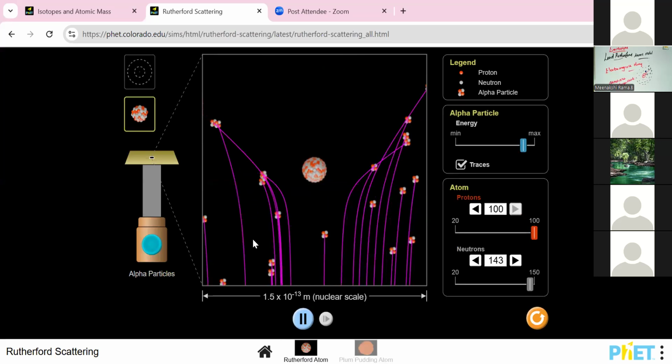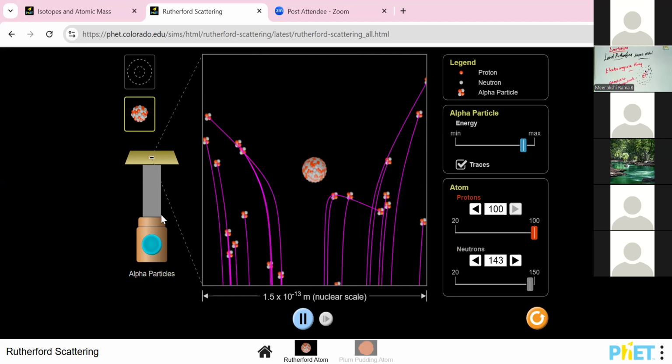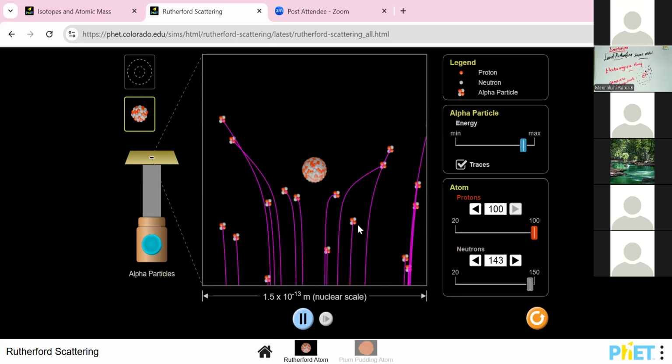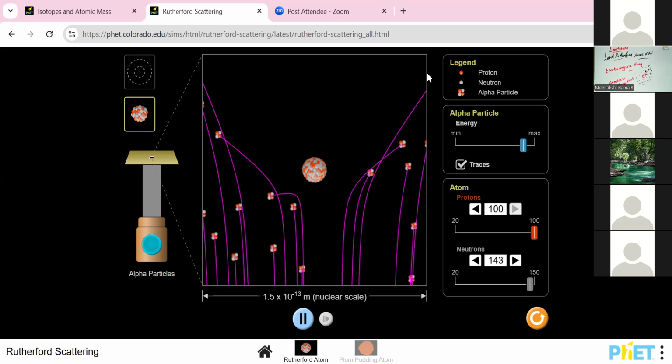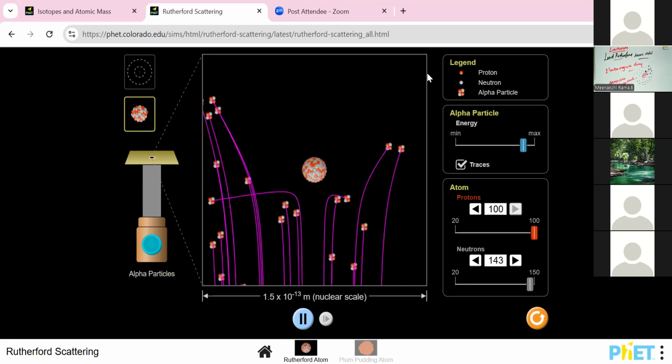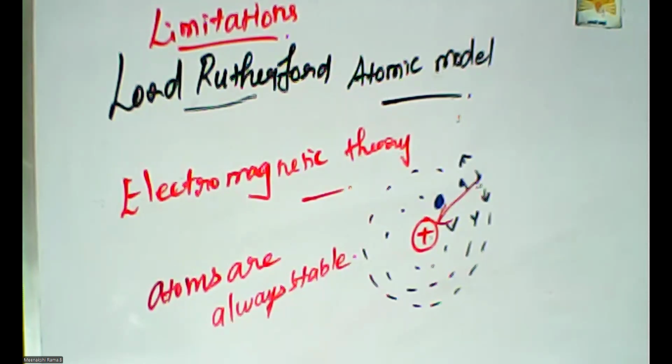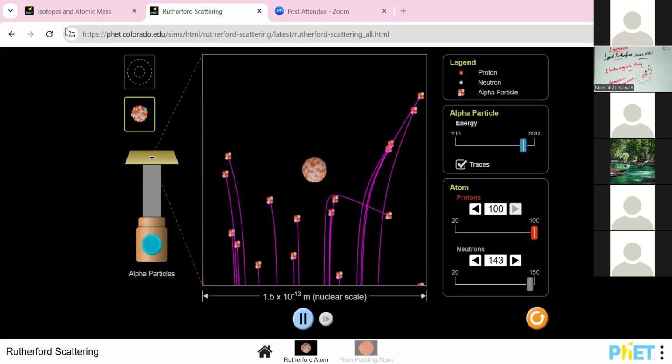Students, have you seen this model already? Sriram? Sriram, on clarification, this is the model of an